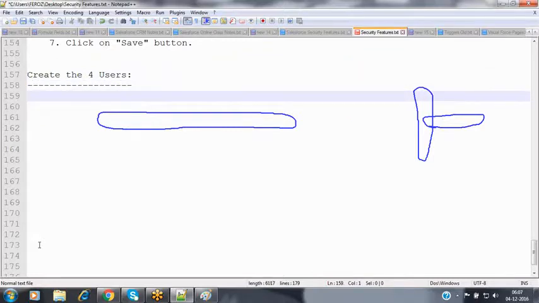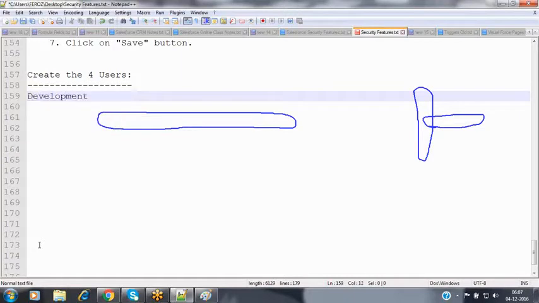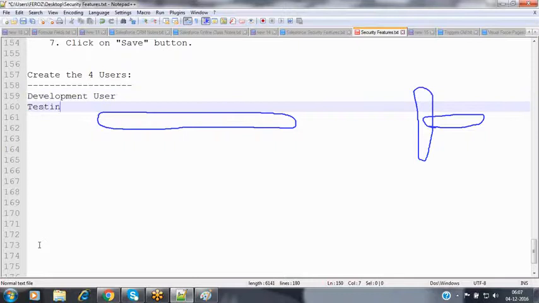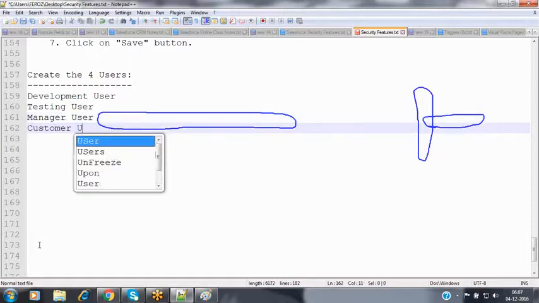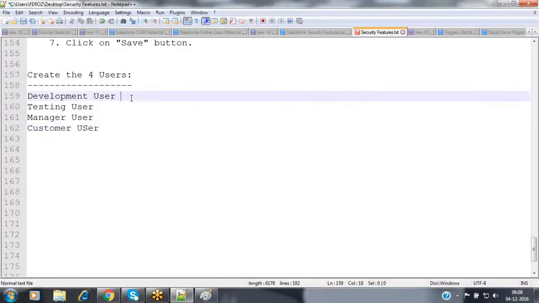One is the development user. Second is the testing user. Third is the manager user. Fourth is the customer user. These are the 4 users I would like to create.